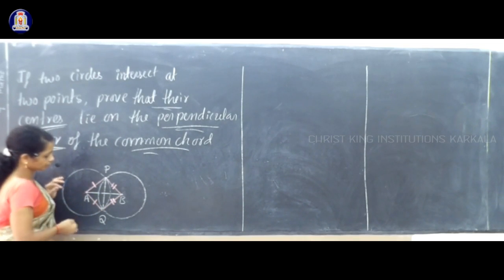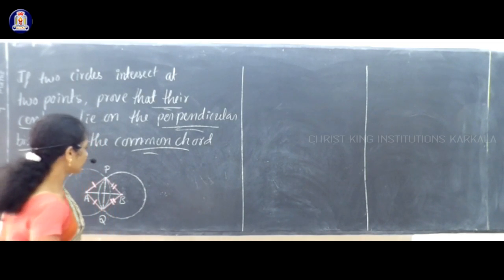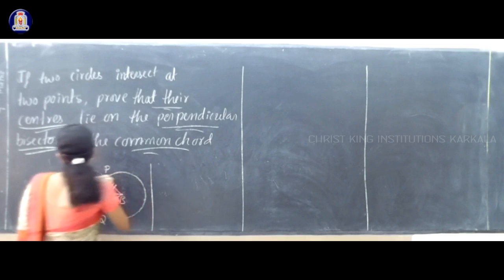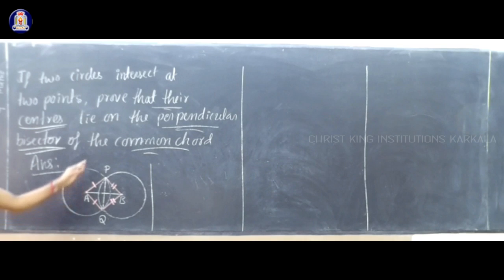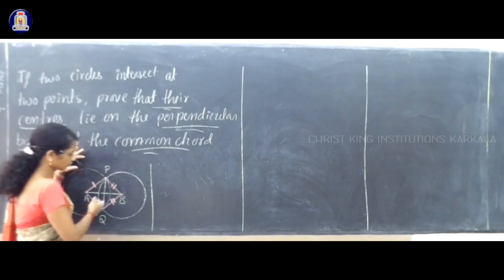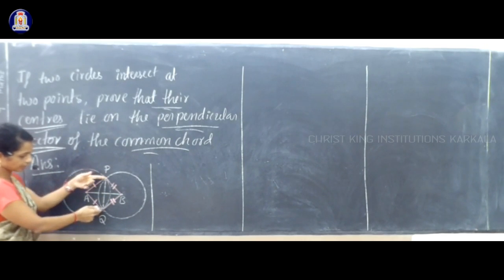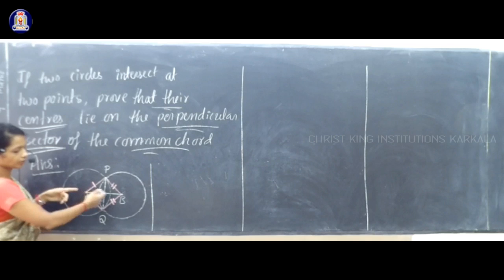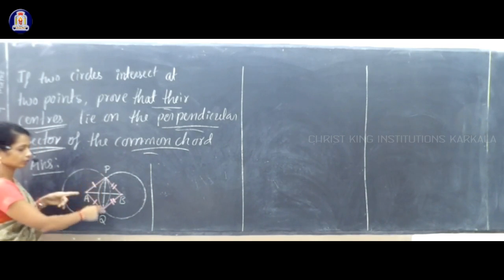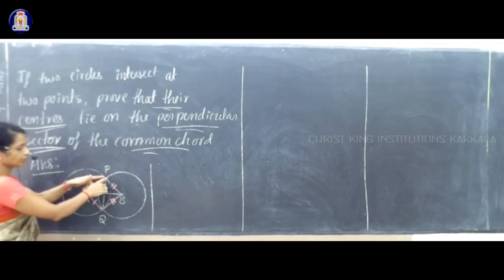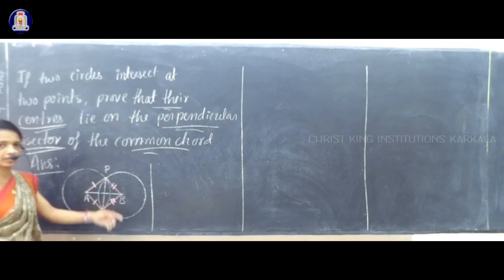In those two triangles, we equate the equal parts. In the answer part, we start with the figure. I will not describe the figure because it gives lengthy steps, so I will do only the steps. We take two circles intersecting at two points P and Q, and next we join their centers A and B, and join P and Q, that is the common chord PQ. After that we join P with A and B, and Q with A and B. That is about the figure. If you want, you can draw it in pencil.